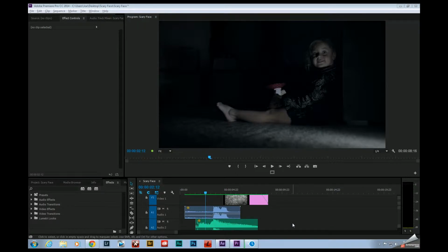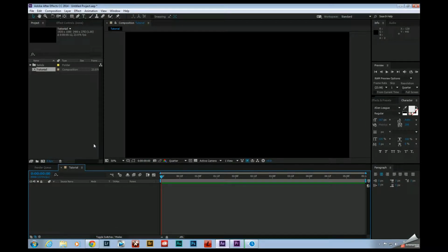Where things went wrong was with the VFX. Now, my initial thought was to distort her face with the Liquify tool and just put all of those adjustments on an adjustment layer and parent it to a null after tracking her face. What I didn't realize was, and I'll switch over to After Effects right here,